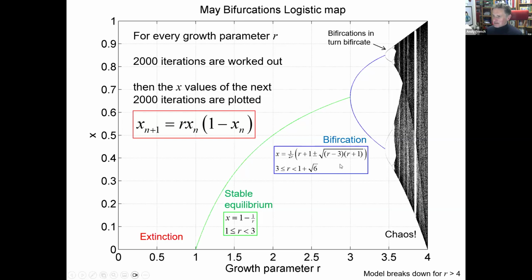You'll have to read Science by Sim 1 to get into that. But basically, you can work out where these bifurcation points are. And I've done it for the sort of end of the blue curve. In fact, this is the blue curve. Beyond that, it's a bit hard. So there's a book by Strogatz, which might give you a recipe, but it gets progressively trickier to work out these bifurcation points. And then you have absolute chaos.